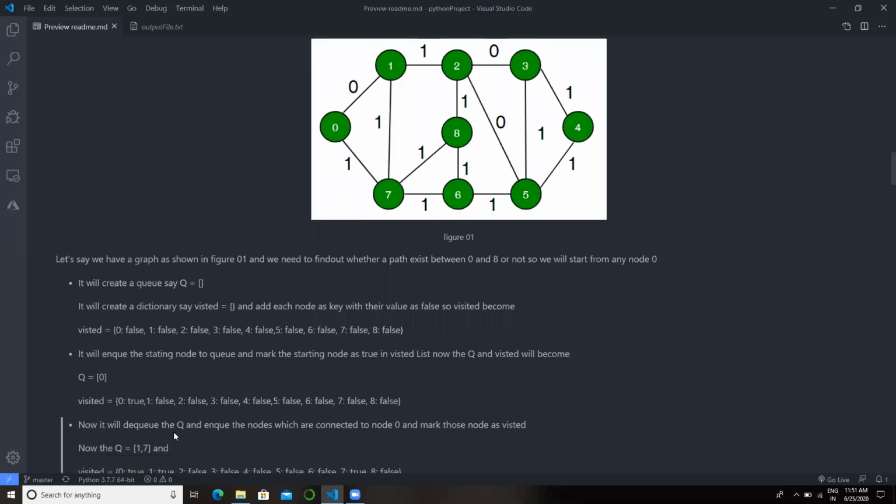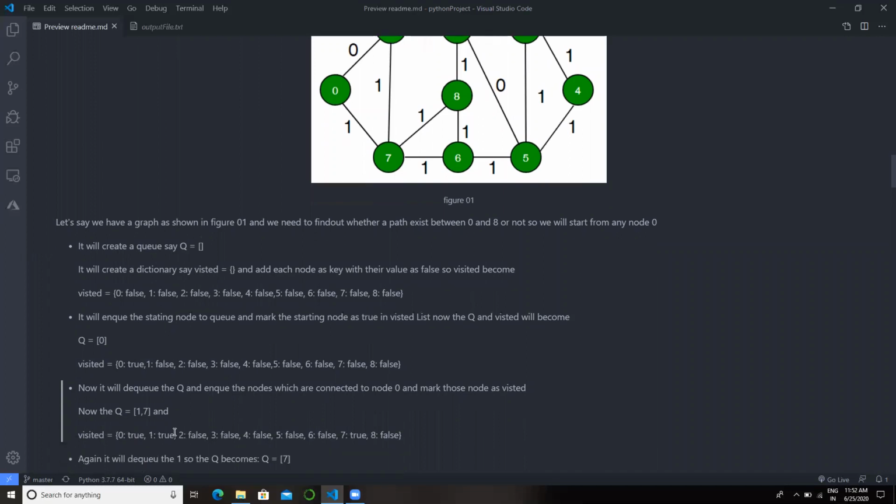Then we iterate through each node connected to 0, that is 1 and 7. We append these to the queue, but before that we dequeue 0 from the queue. So now we dequeue 0, enqueue 1 and 7, and mark them as visited.